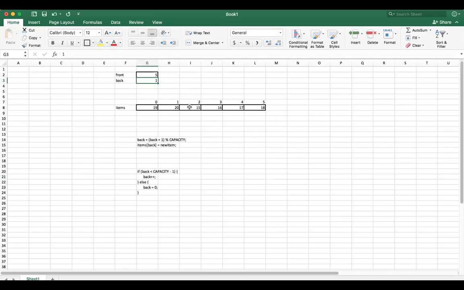Let's push something else now. So I'm going to say increment back, because that's what I do when I'm pushing things. Increment back, and then item sub back gets the next item. Okay, so now I want to pop again. I'm going to pop the 18 off the queue, right? Because right now the 18 is at the front of the queue. So if I call pop right now,